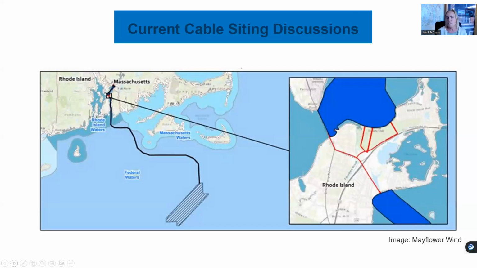And then the town of Portsmouth, which is here in the larger map example, because they're considered a host town where the cable will be going specifically through their community, they are also being asked to provide formal processes.